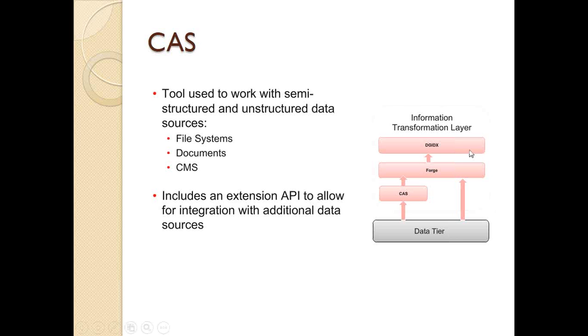This is the entire ITL layer, and inside that you have the CAS. The CAS is used for getting your data from the data tier, that is nothing but your data sources. CAS is capable of reading file sources, documents, and